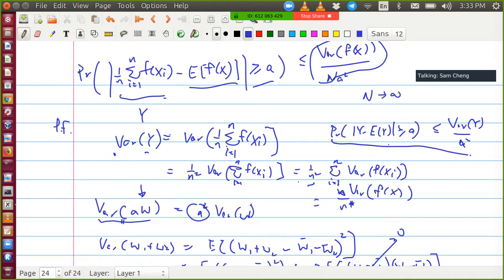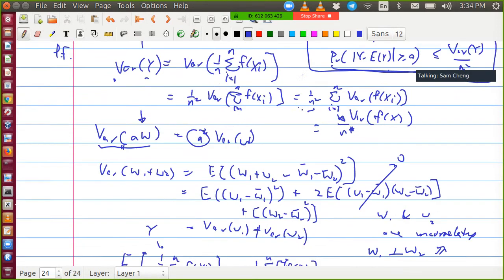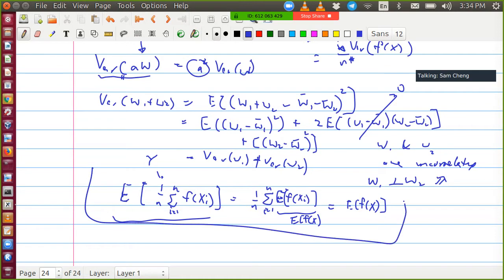So for the y, where does it come from here? This one? Expected value of y. Yeah. Oh, okay. This is this. Okay, this is the Chebyshev inequality. Oh, no, it's equal to that. Which one, bigger than or equal to a? This one is the same as this one. Oh yeah, this is the same as this one, because of here, right? Oh, that's why. Yes.